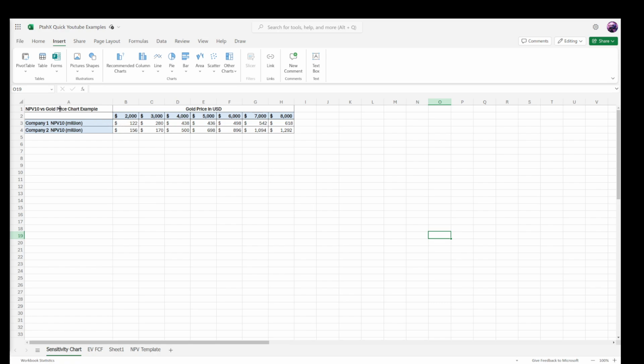So we've created some hypothetical data, gold price versus company 1 and company 2 and their net present value. If you don't know what a net present value is, it's the difference between the present value of cash inflows and the present value of cash outflows over a period of time. So anyway, I'm not going to go right into that, but effectively this would be the value of the company